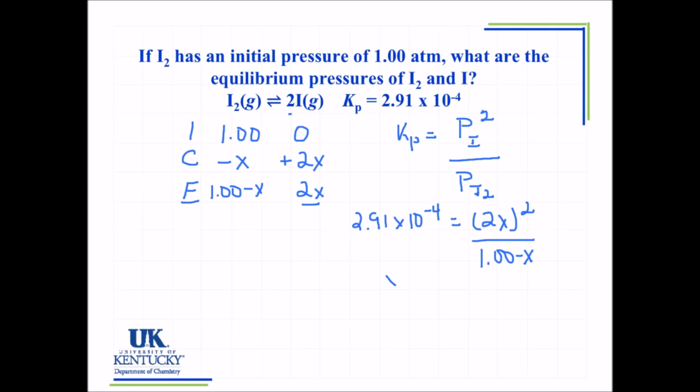And we're going to again make our simplifying assumption that x is much, much less than 1.00. And when we do, we can write out 2.91 times 10 to the minus 4th equals 4x squared. We could show the 1 in the denominator, but it doesn't change the value in our problem, so we're going to leave it out. Now I can divide both sides by 4 and take the square root, and when I do that, I find that x equals